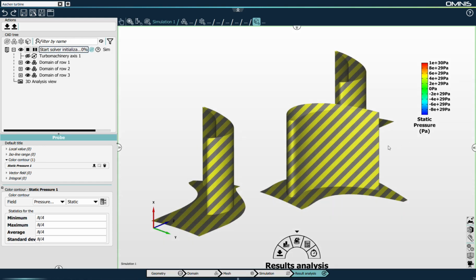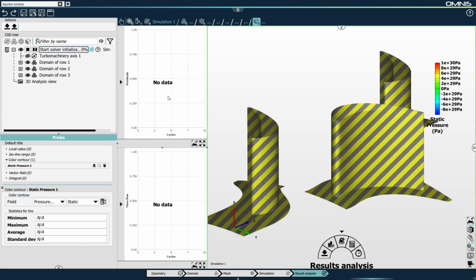So not only will we monitor the convergence by looking at the evolution of this color contour of static pressure, but we will also monitor the convergence of residuals and mass flows. These plots are available by default in the turbomachinery template. Besides these plots, we've also integrated in Omnis 4.1 more turbomachinery-dedicated post-processing, such as the post-processing of the meridional